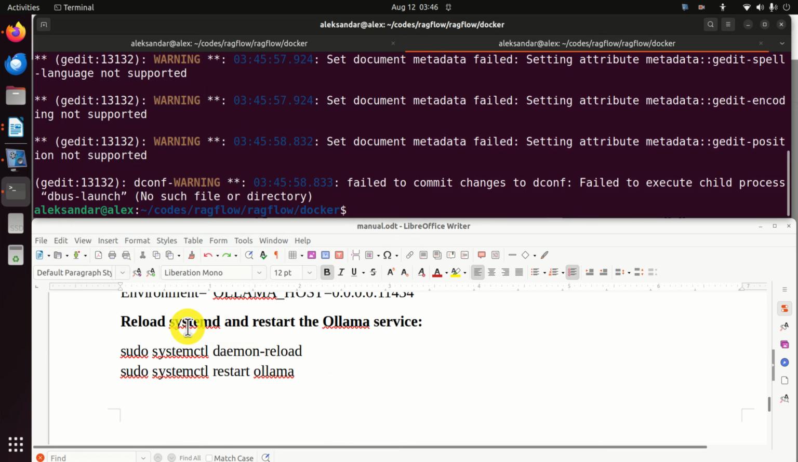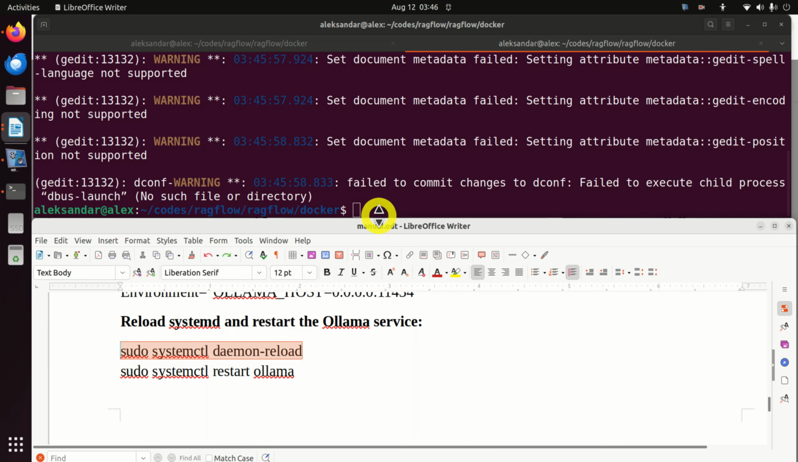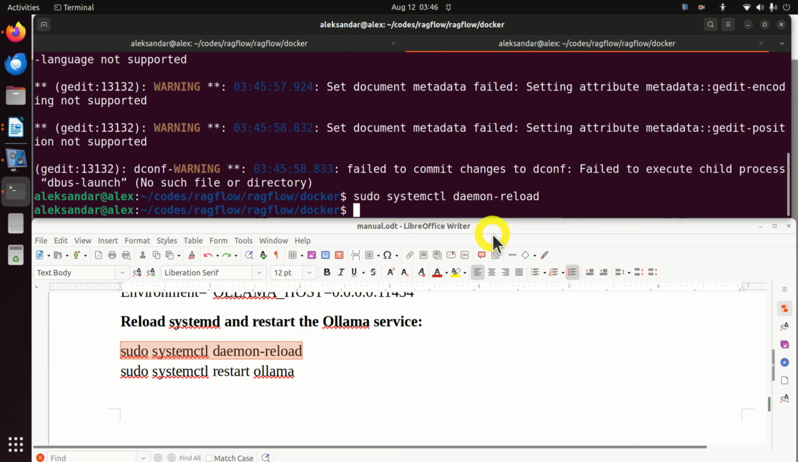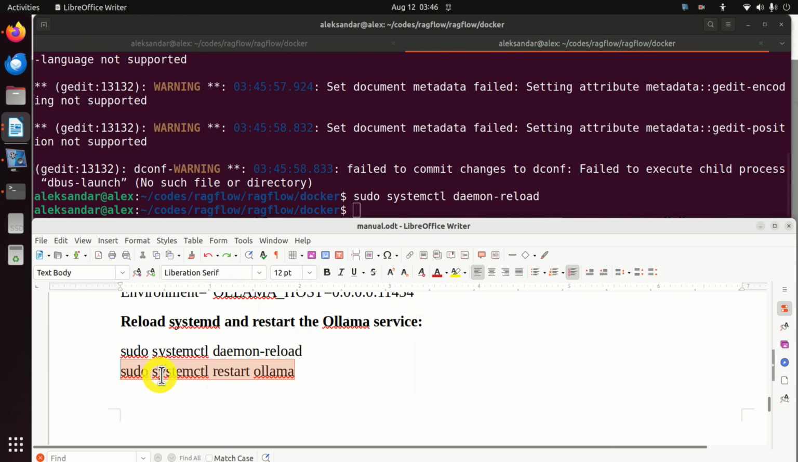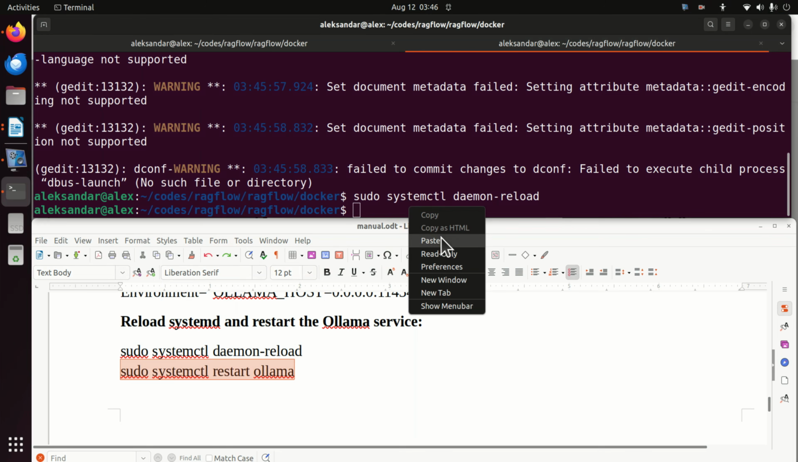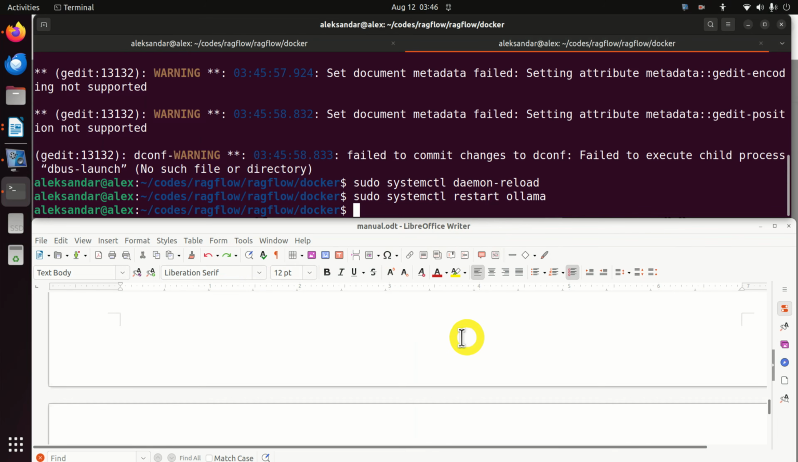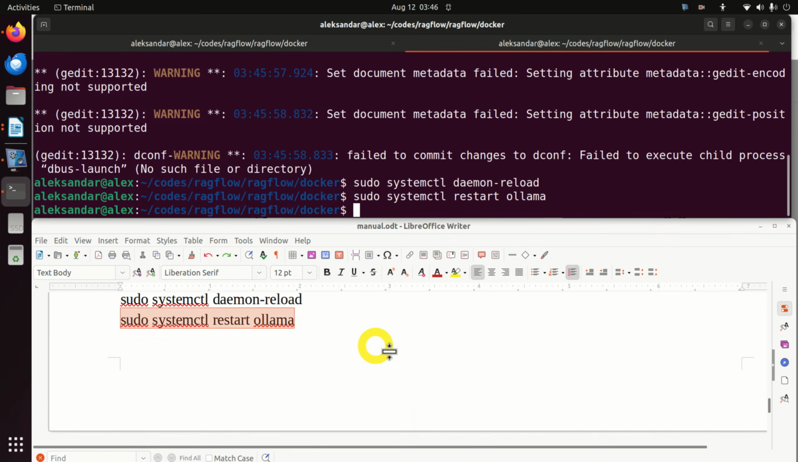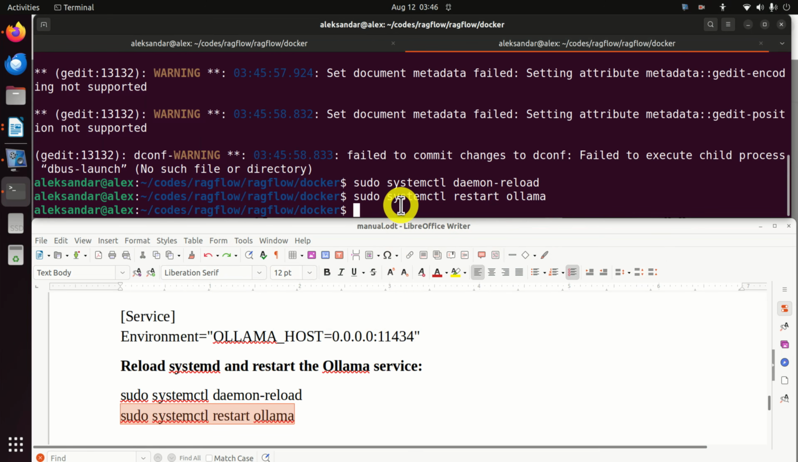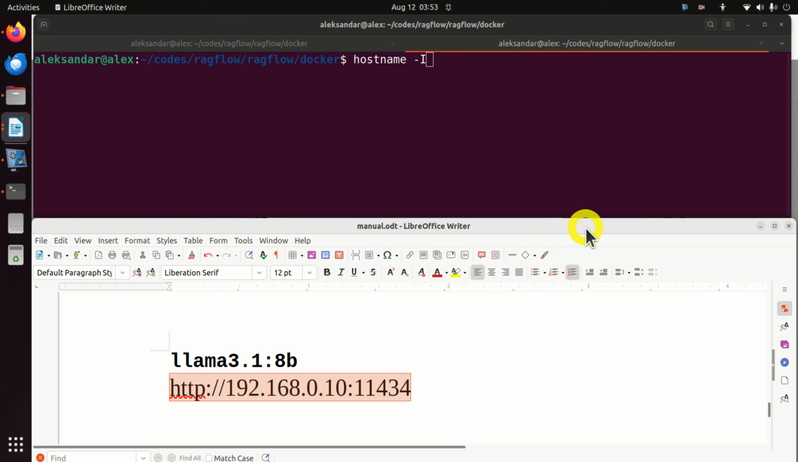Next, we need to reload systemd and restart the Ollama service. So first of all, type this, then type this. This will actually restart Ollama, and that's it. Simple as that. Now, we need to change a few things now. The next step is to figure out what is your address on your local network. And to do that, you need to run hostname -I, capital I, and this command as the first number will return